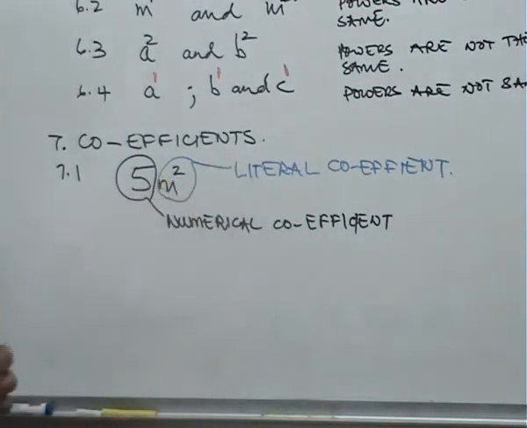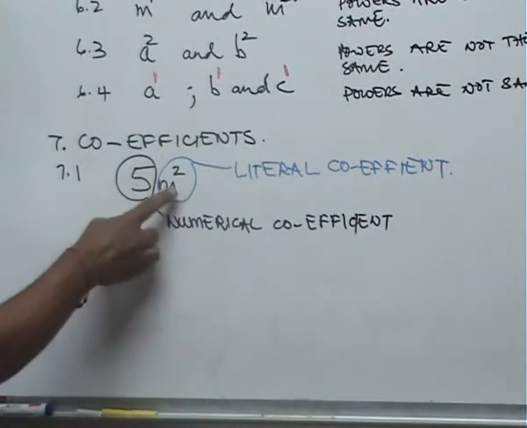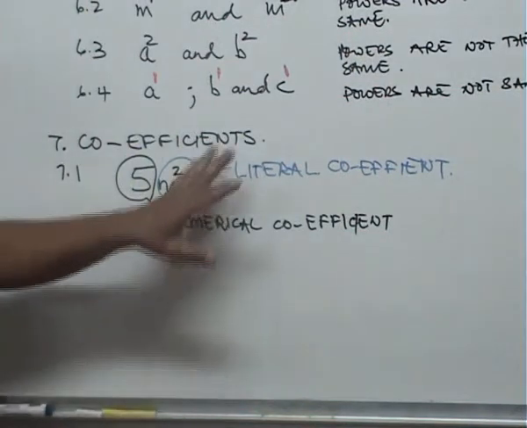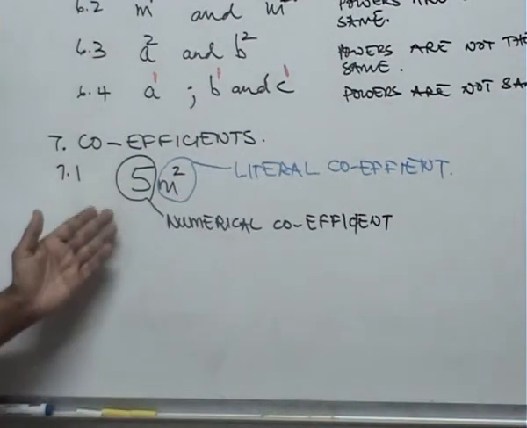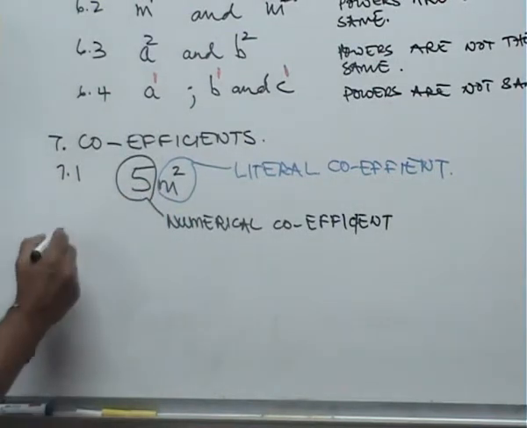These two words, we have to know them, but when we're talking, we're not going to be talking about those two words. We're going to be talking more in terms of power and number, power and number. But you must know this because somebody can ask you, what is the literal coefficient? You'll tell them m squared. So let's take another example,